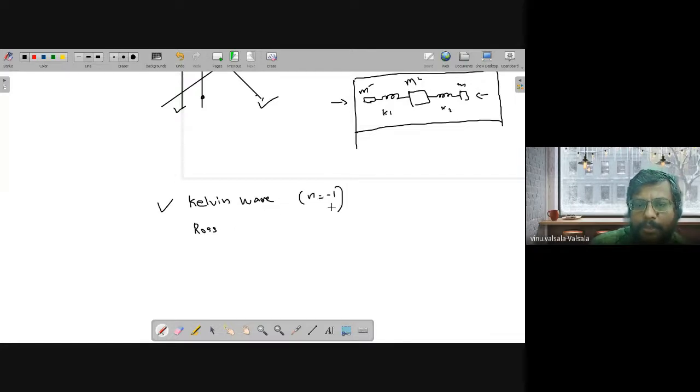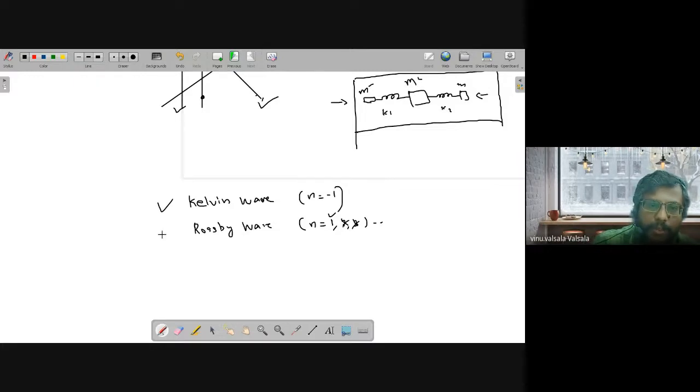There is nothing much about it. Okay, it is already fixed. Then Rossby waves, you always come across equatorial Rossby waves, which is n equal to 1 or 2 or 3, but usually 2 and 3 are very difficult to find. Okay, so you always get n equal to 1, because that is the most prominent mode, or the dominant mode. The dominance of the mode declines as you go up in the eigenvalues, right? In an eigenvalue problem, the largest eigenvalue will have the dominant eigenvector. Similarly, as you go up in 1, 2, 3, 4, the dominance decreases.